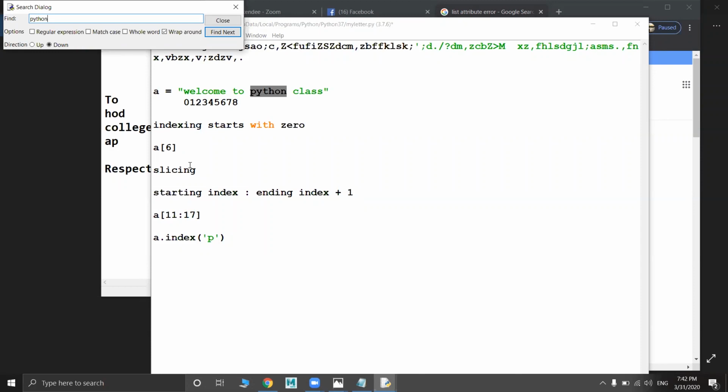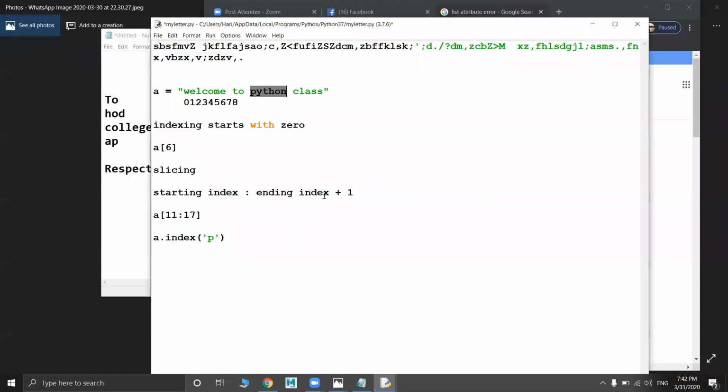Now instead of finding like that, I want to find all the phone numbers, all the mobile numbers present in this document. Is it possible to simply press Control F and find phone numbers? No, right? You need to use the regular expression here.